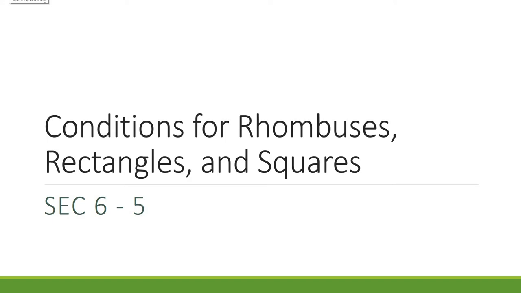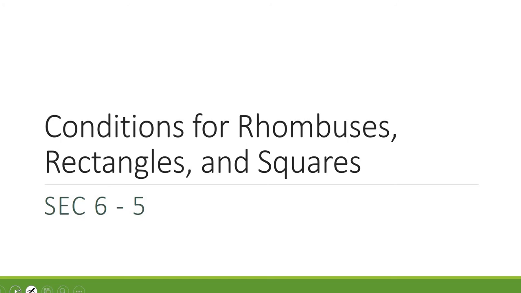Okay, conditions for rhombuses, rectangles, and squares, section 6.5. So just like sections 2 and 3 went together, 4 and 5 go together as well. In 6.4, we learned the different properties for rhombuses, rectangles, and squares. Then in 6.5, we're going to say if something is a rhombus, a rectangle, or a square, what must be